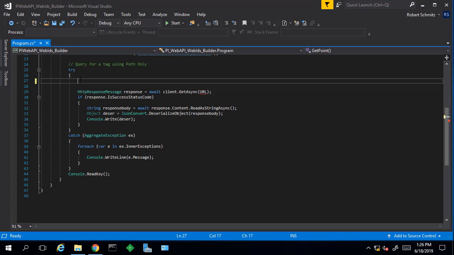So now we're on to the meat of web IDs. I've got a little bit of the startup code for an HTTP client in C#, and we'll be adding to it. We're going to start with encoding and decoding path-only web IDs, since it's more common and a little easier to wrap our head around than ID-only web IDs. In this case, we're going to be querying for a tag on the data archive. So, we know we need to set up the specifier. We'll be using P since we're using a path-only.